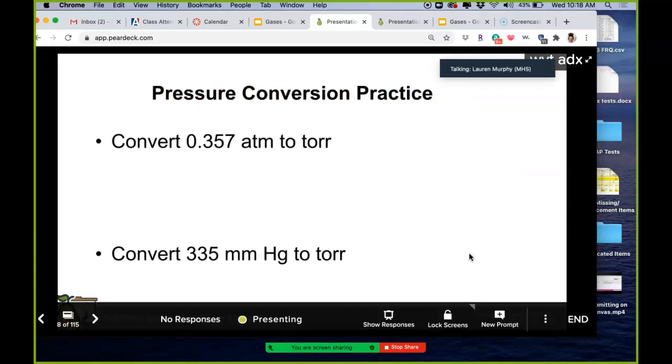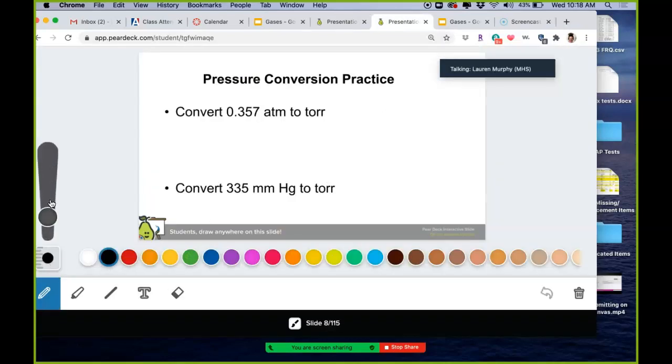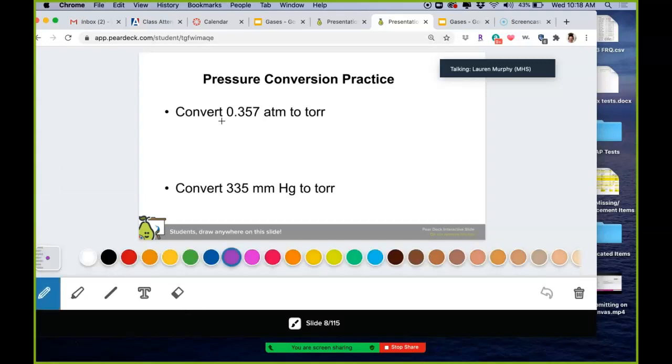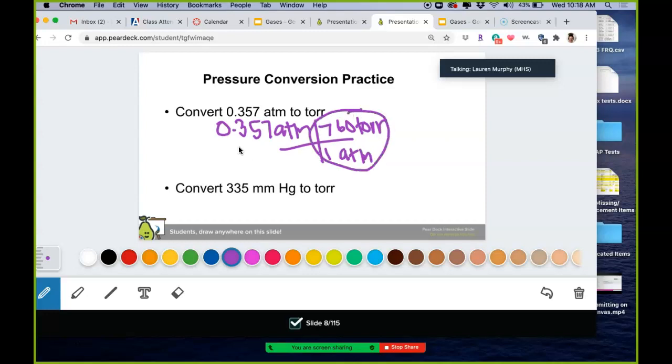So we're going to do some math with the conversion factors, which should be kind of like a breather for us compared to what we've been doing. So let's do this. You could probably do them without my guidance. You have conversion factors, convert atmospheres to torrs. So you say 0.357 atmospheres, and then you go look up the conversion factor. 1 atmosphere is 760 torr. You never use conversion factors for sig figs, so our answer will be 3 sig figs. So you get 0.357 times 760 is